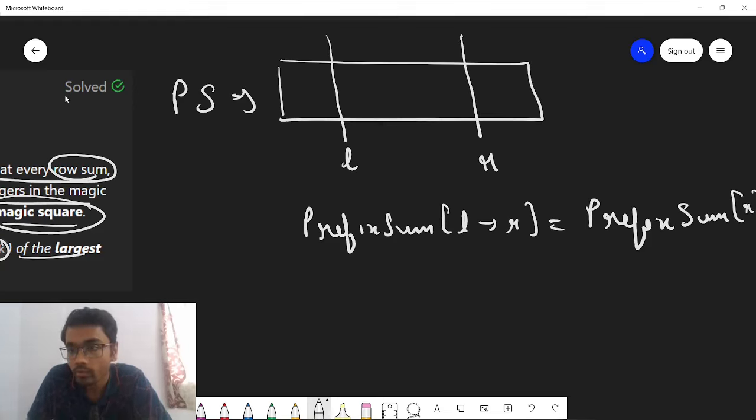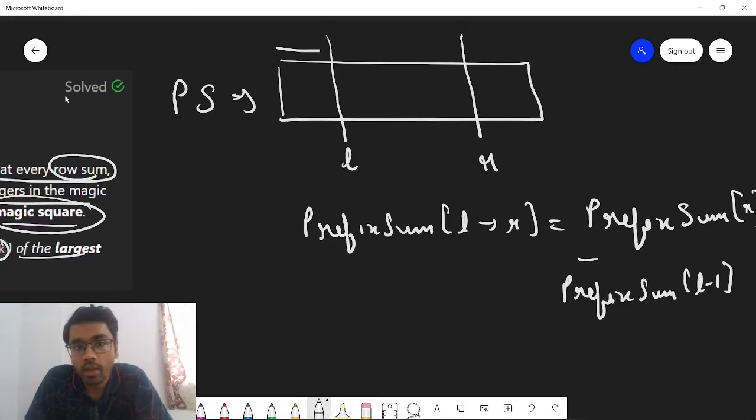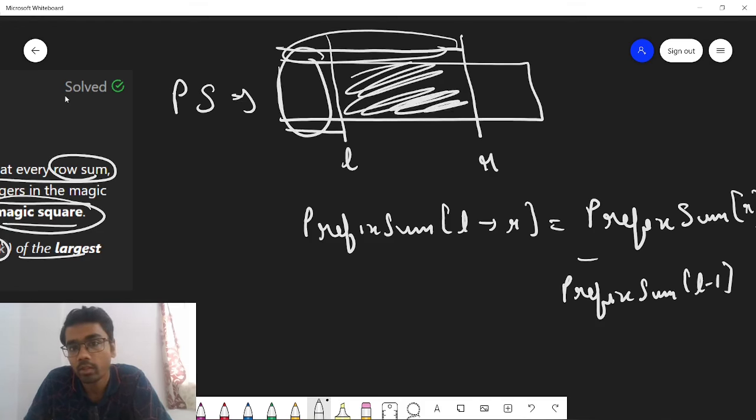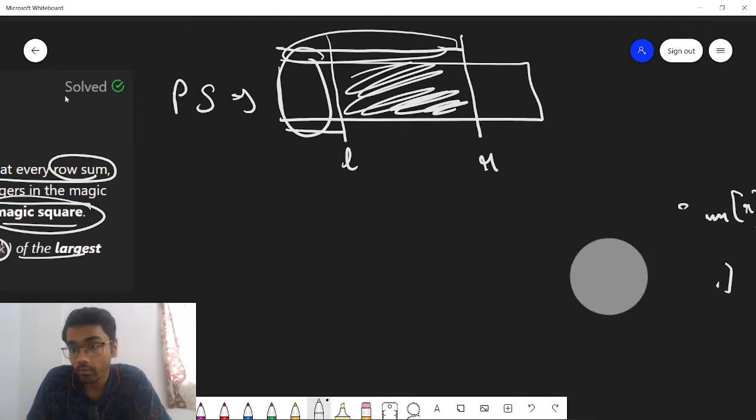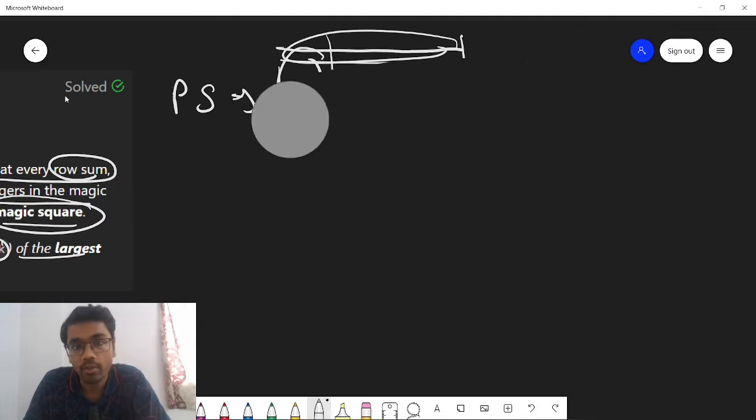minus prefix sum of L minus 1. So you will have the sum till here. Now if you subtract this sum from this entire sum, you will get the sum which is lying within this L to R range. So we will use this prefix sum technique in the matrix part, and we will pre-compute